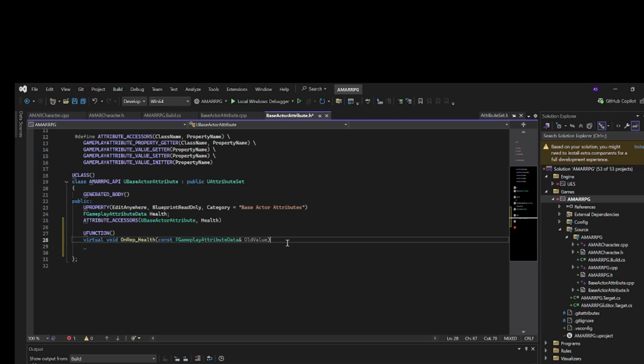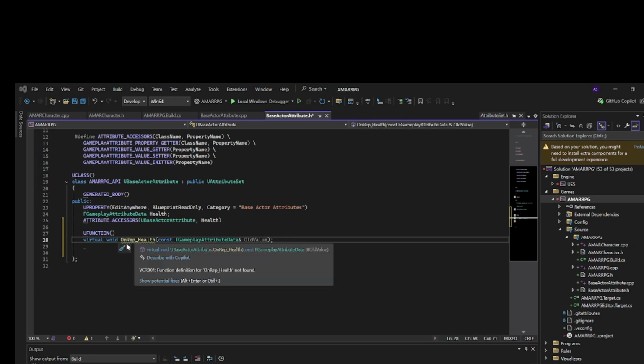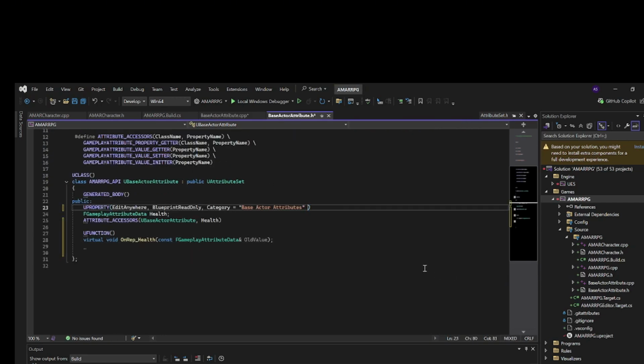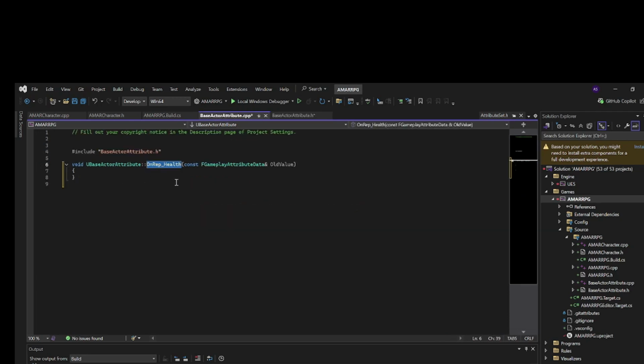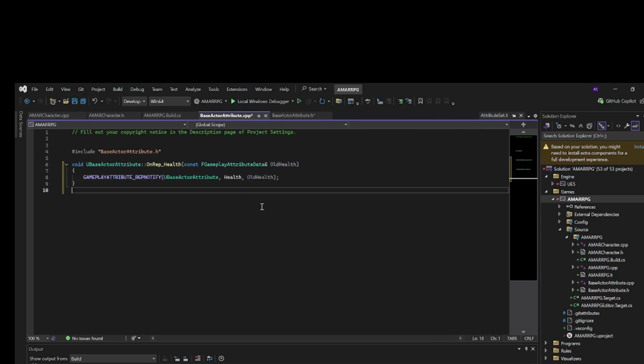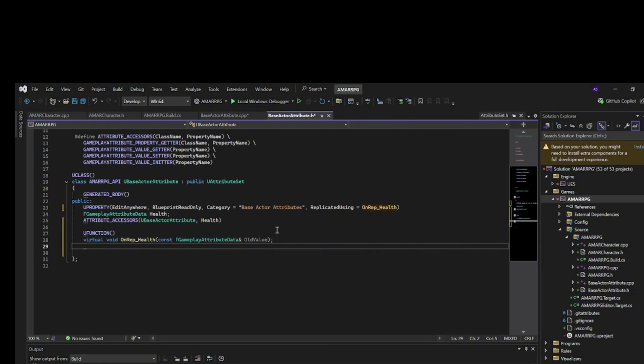So let's do a parenthesis. Like see now, there's a thingy which is coming. Currently we need to go before that and add ReplicatedUsing function name, and we're going to use this one because this is the function which we're going to be using. Now if we go to this one again, the same thing, being directly notified, because this needs to be declared in the base actor CPP where the old value is going to be the old health. Let me just check. Yes, implement change. It's not easy to understand. And now to get all the replication data, we need to add